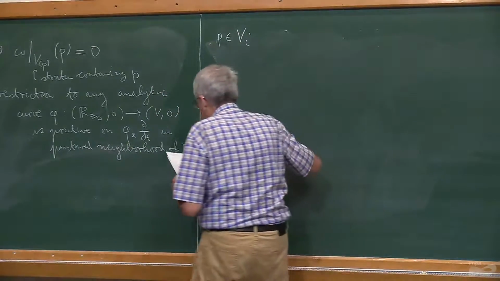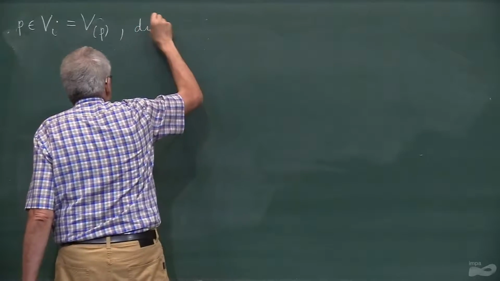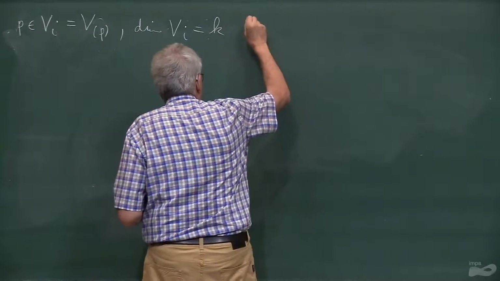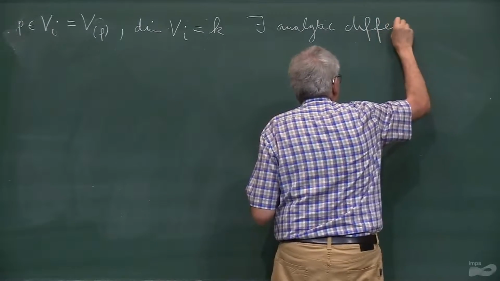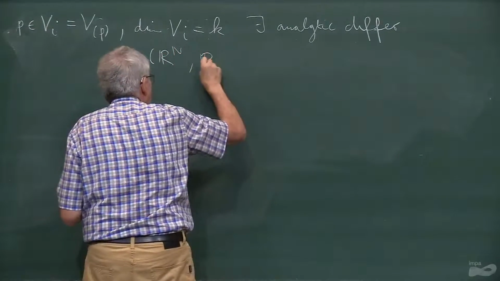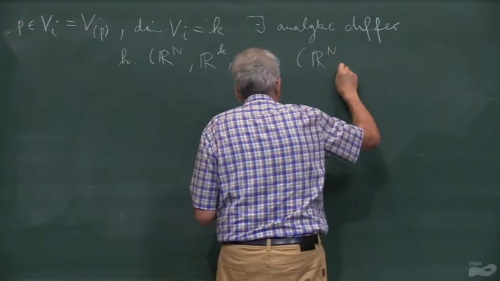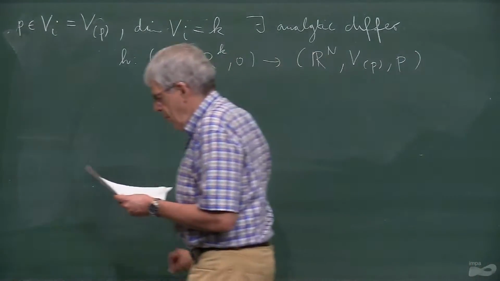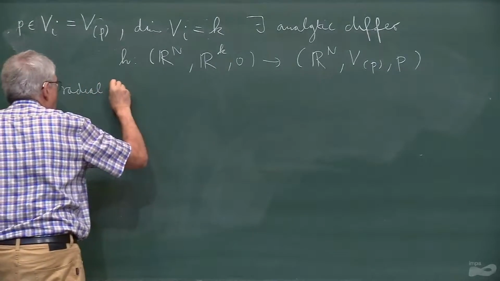So Vi is, by definition, also Vp, the stratum corresponding to P. And let us assume that the dimension of Vi is equal to K. Then it is well known that there exists a diffeomorphism H from Rk times Rn minus k, 0 to Rn, of Vp, P, and the form eta is called a radial extension